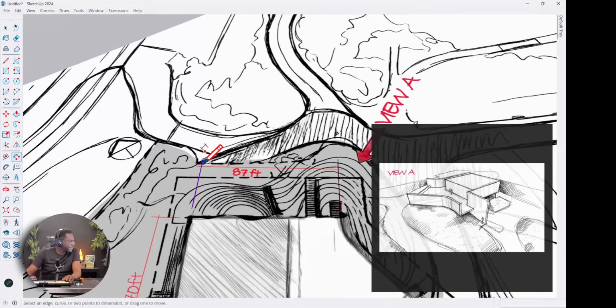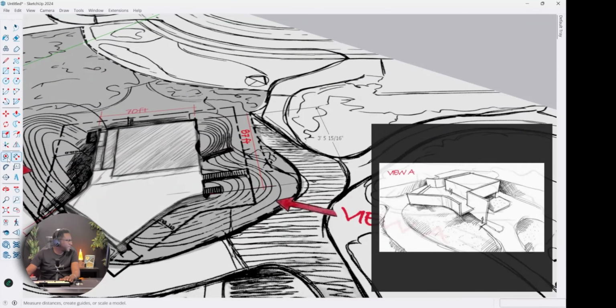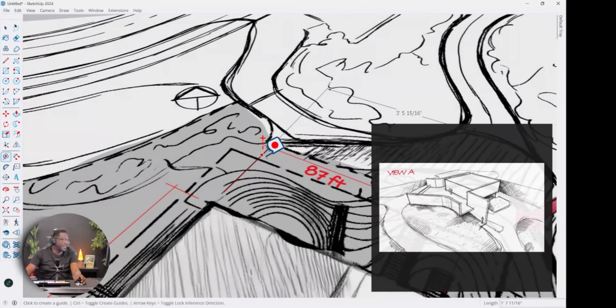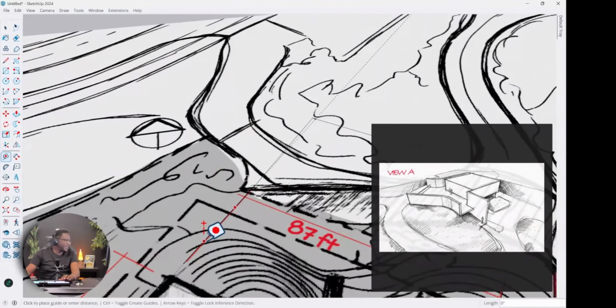And I'm going to just take a dimension from here to here. So as you can see, this dimension measures 3 feet, not 87 feet. So a quick way that we can get this scaled is we're going to just use our tape tool. And here is the trick. When you use the tape tool, the default mode it is set to is to create a construction offset. So meaning that if I just click the tape tool and click this line, it's going to create a construction line. See, it goes to infinity, parallel to this line.